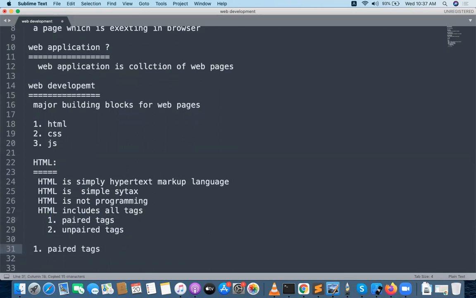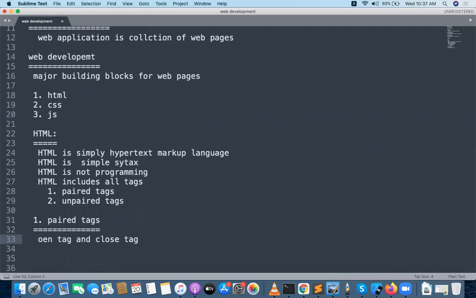Coming to the paired tags: open tag and close tag. For example, what is an open tag and what is a close tag? Suppose a tag opens like this, and the tag closes like this.